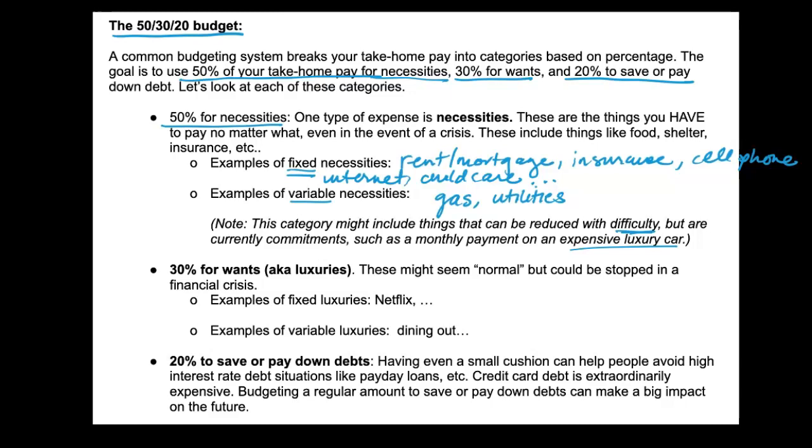So let's go ahead and do an example where we use the 50-30-20 budget. So in example 3, if Angel's take-home pay is $3,000 per month, how much should they spend per month on each of the following categories? So assume they're trying to follow the 50-30-20 budget. So we're going to go through those percentages one at a time. So the 50% we said was for necessities,